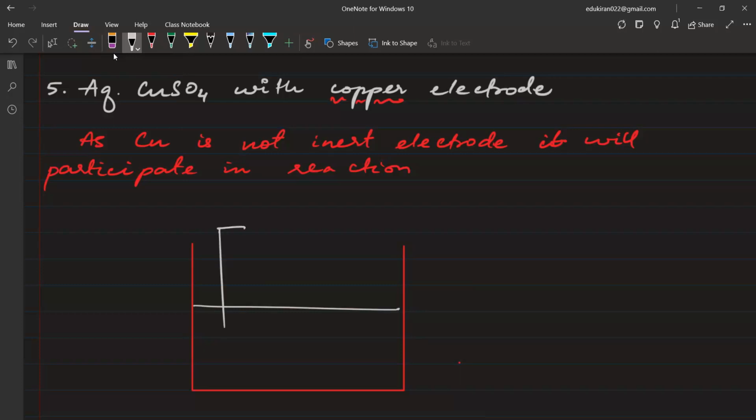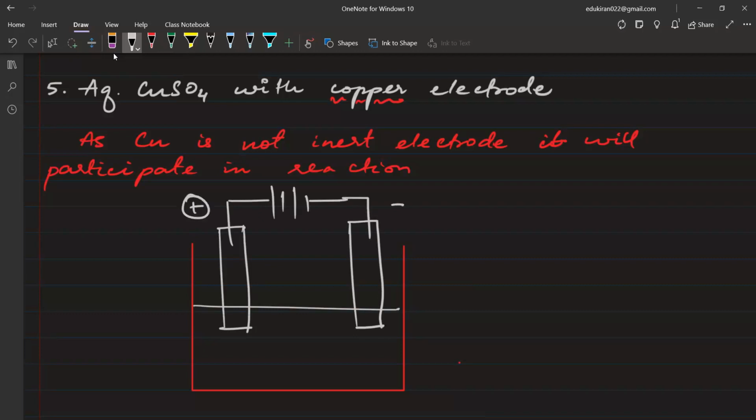So here we have copper electrode, here also we have copper electrode, and here we'll be putting battery positive, negative, positive, negative. कितना काफी है ना, 2 सेल काफी है। This is the positive end, this is the negative end, है ना? ये कौन सा पार्ट होता है? एनोड होता है, कैथोड होता है? बताइए, इज दिस एनोड और कैथोड? Cathode. कैथोड। वेरी गुड। व्हाई कैथोड? बिकॉज इट इज नेगेटिव और कैटायंस कैथोड। ये क्या है आपके पास? दिस इज एनोड,